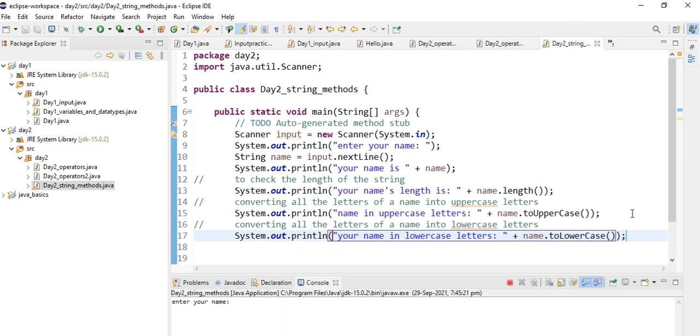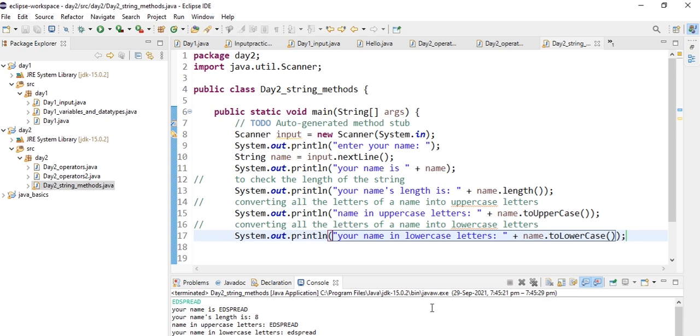Let's execute this. So my name, let's give it in uppercase letters, that is EDSPREAD, and my name's length is 8, that is Edspread has 8 letters, and the name in uppercase is the same, and the name in lowercase letters. The input I gave as uppercase letters is now printed as lowercase letters because I invoked the toLowerCase method here.